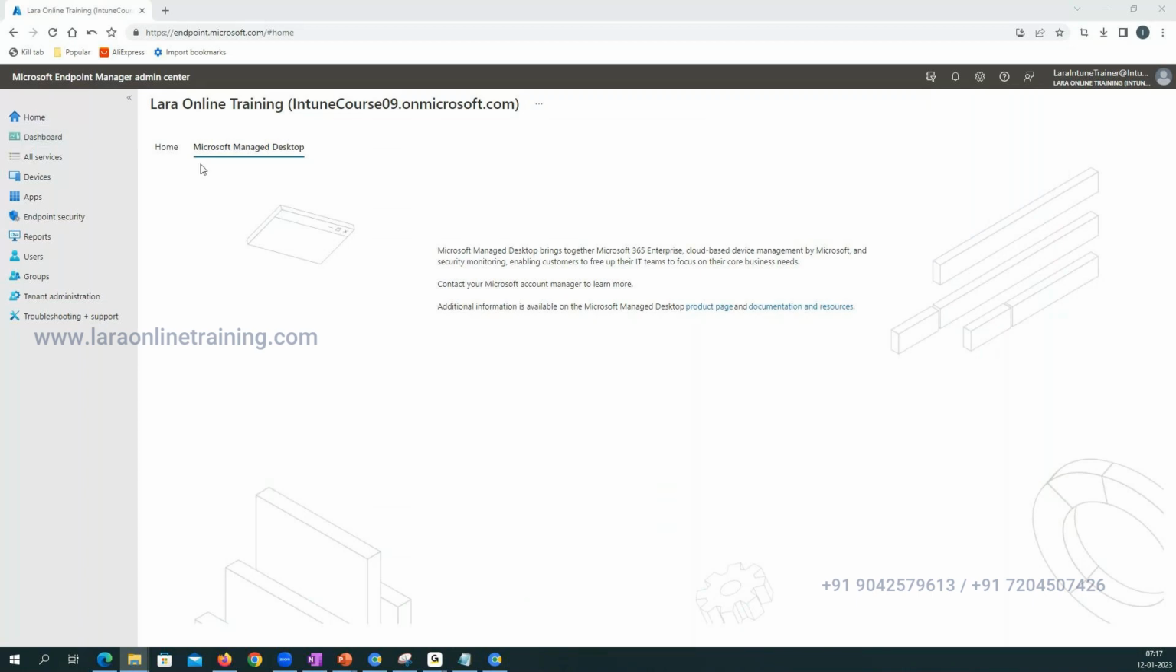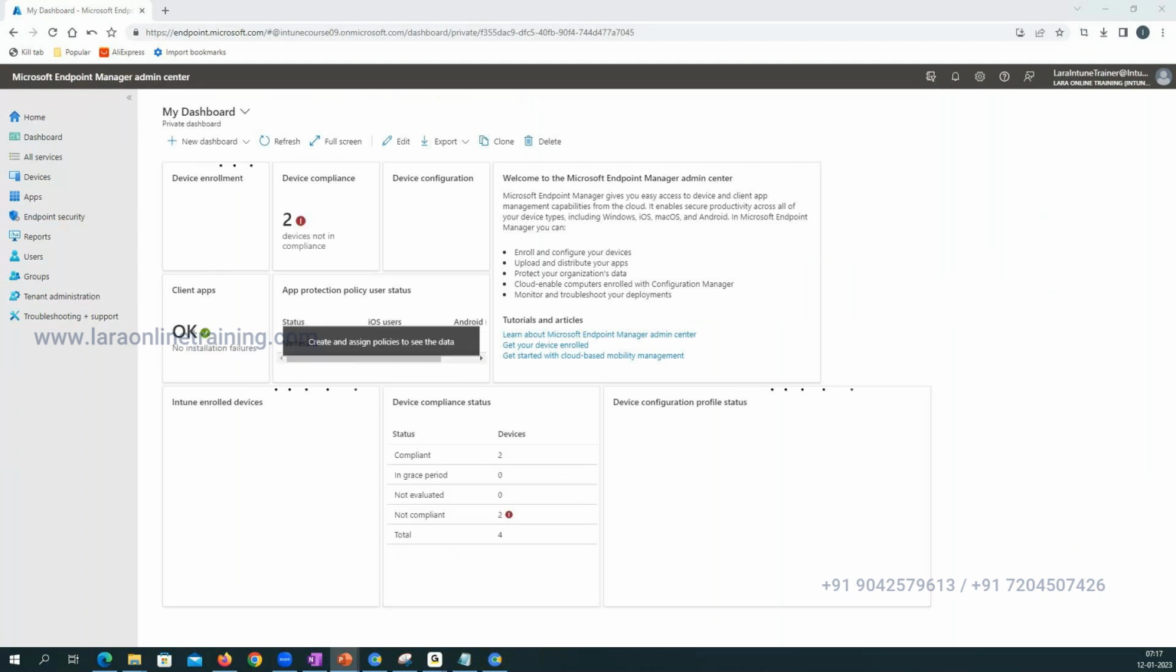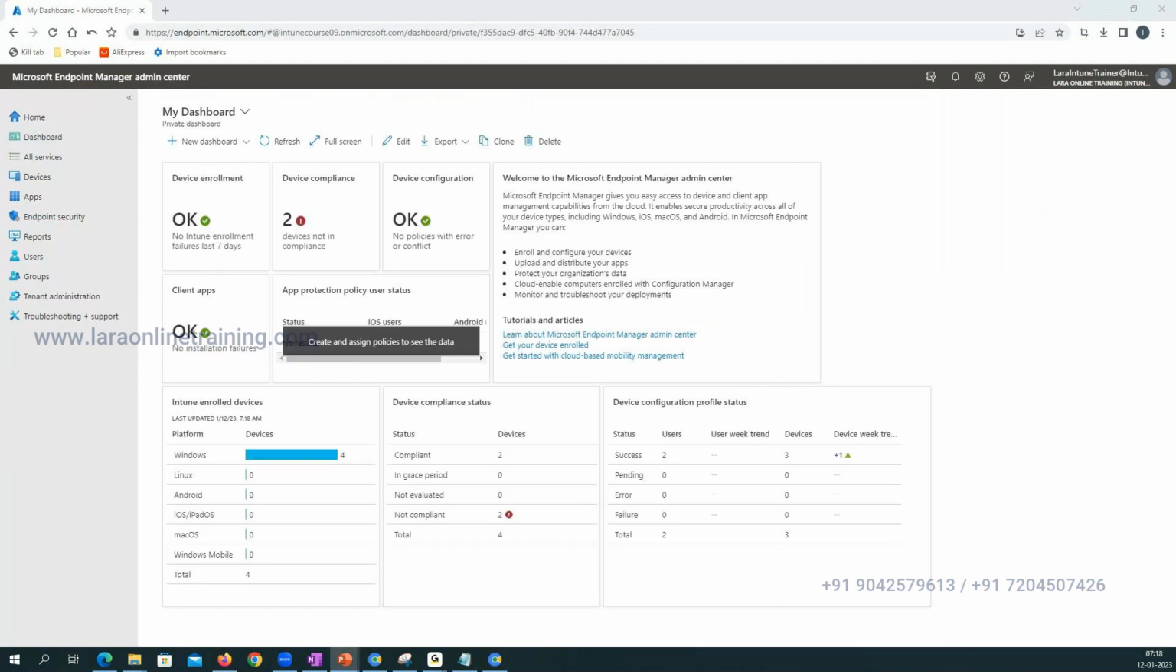Next is the dashboard. Now, what is this dashboard? It's a nice concept where you get to see the status of your entire Intune estate. You click on dashboard and you have a default dashboard. We can also create our own dashboard based on the requirement. If you click on new dashboard, blank dashboard,